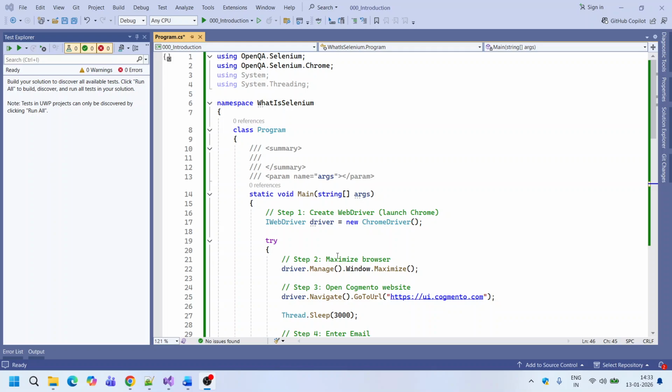What is Selenium? Selenium is an open source browser automation framework. It allows us to control real browsers like Chrome, Edge, Firefox using code. With Selenium, we can perform everything a human does in a browser, typically typing, clicking, navigating pages, submitting forms, and